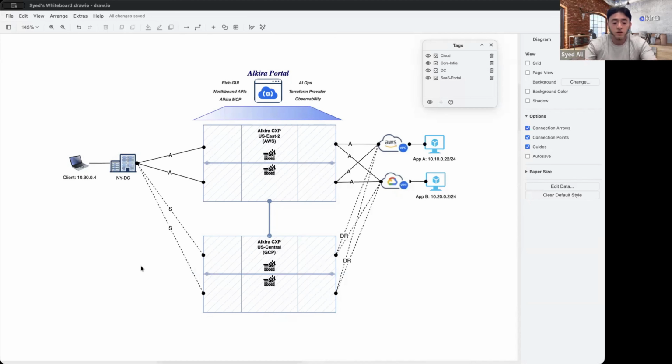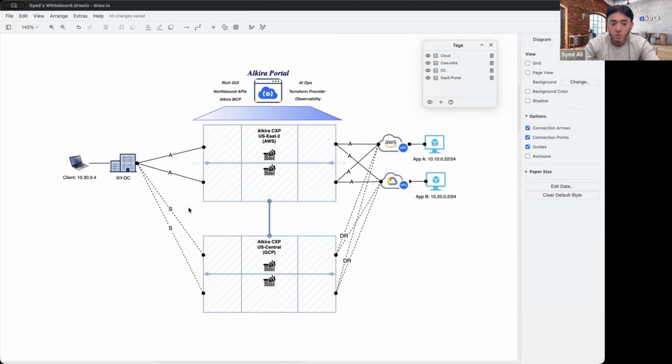So what we have set up in our environment is active connectivity going from this New York data center to two different availability zones within the CXP. Think of them as two different data centers, and they're active. So traffic will ECMP across both these availability zones.